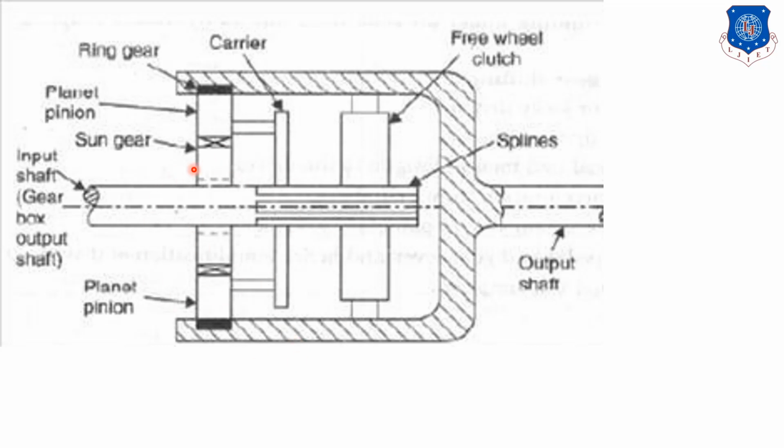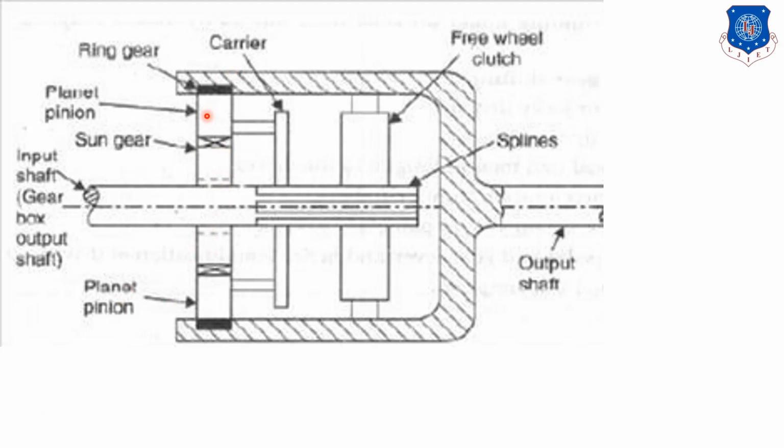The overdrive system is nothing but a construction of the epicyclic gear train, which we already studied in the theory of machines. What is this epicyclic gear train? One is the outer gear, and in between, three planetary gears are there. Let me make a diagram of an epicyclic gear. Suppose this is our planetary gear. In between, three gears are there and one sun gear in between them. This one gear is a sun gear here,